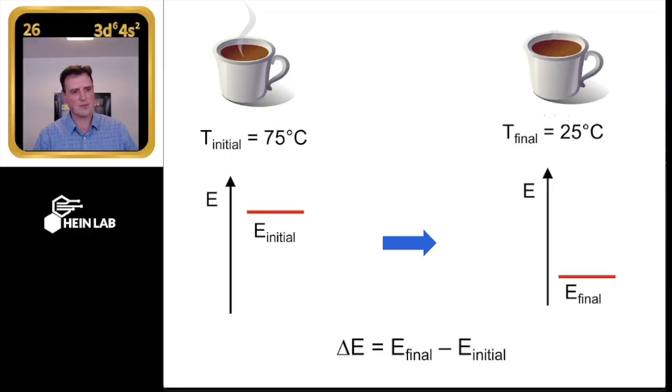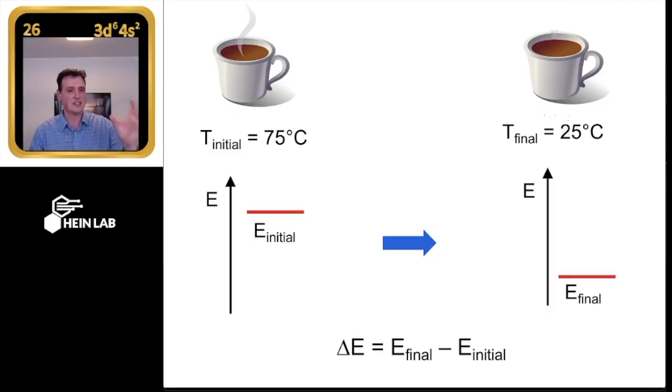But the first concept is that this change, from a state to a state, is a really valuable quantity for two reasons. One, it tells us about those two states, any two states. Say coffee at 75 C and coffee at 25 C. All I have to do is know where I start and where I end up, and I can define that difference by measuring how much energy left the system, for example how much heat had to be dissipated. Something had to happen to get between these two.